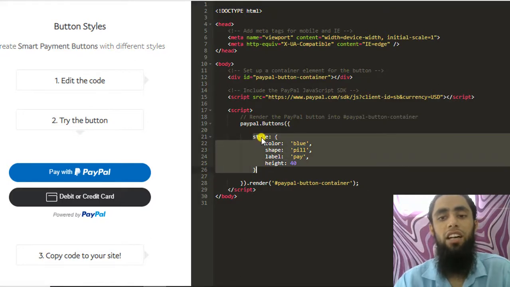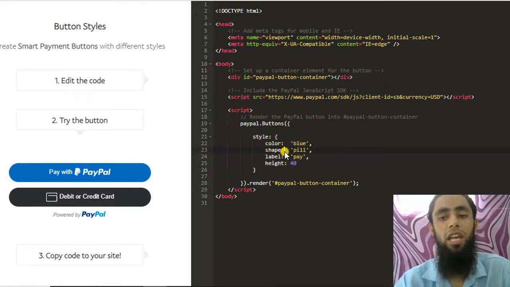So you can see that we have the style, and I already showed you how you can change the color, shape, label and height, and this is really simple. So the only thing that we need to include is this line number 15, which is the script tag, and this we need to render the PayPal button container.